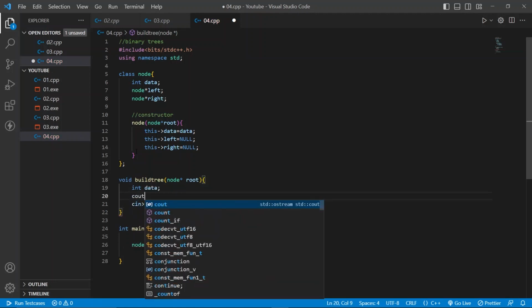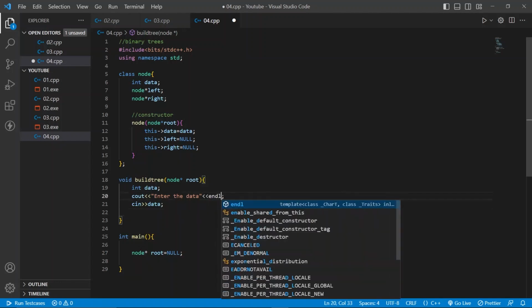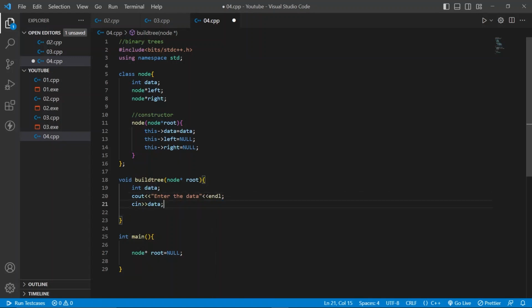Before that, I'll just cout "Enter the data", just to make our work easier. So yeah, once we have the data, what we'll do is, oh yeah, I forgot, I should also give a cin here. Okay. So now, for the base case, I will write: if data is equals to -1,